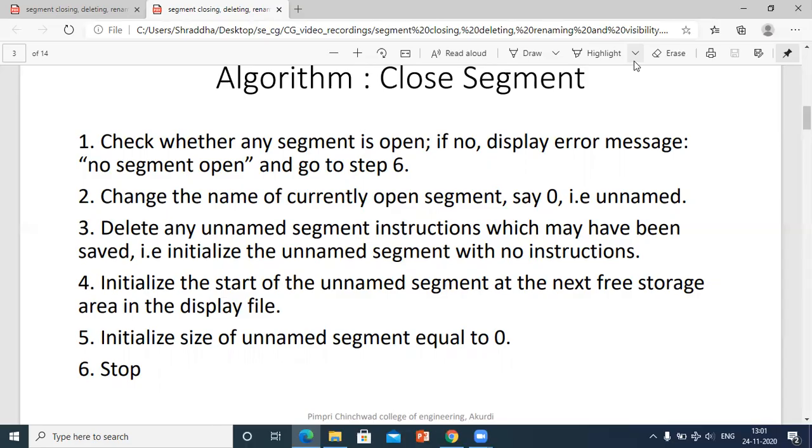The segments are always present in our display file. Whether you are talking about deletion, closing, or renaming of a segment, all segments are present in the display file structure. Then the fifth point, initialize the size of the unnamed segment equal to 0. Now, as you want to close the currently open segment, you have to rename it, change the name to 0. This means that you are initializing the size of the unnamed segment equal to 0,